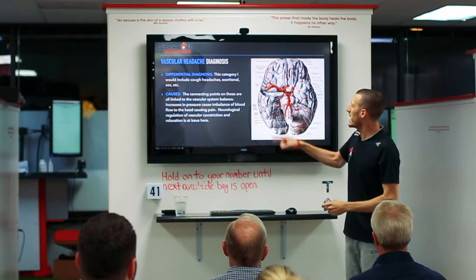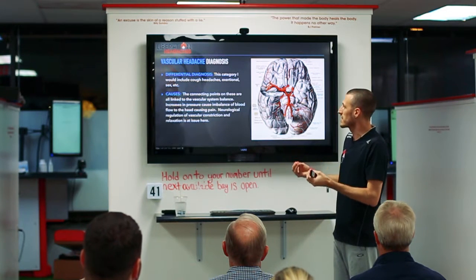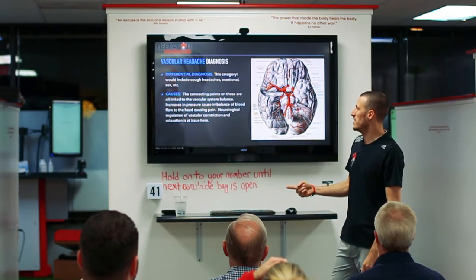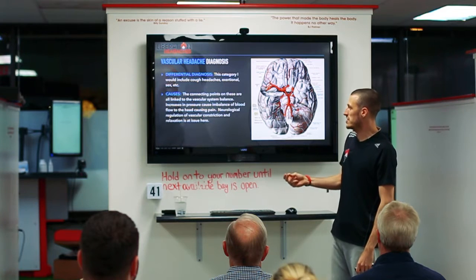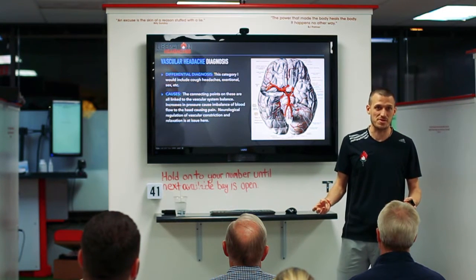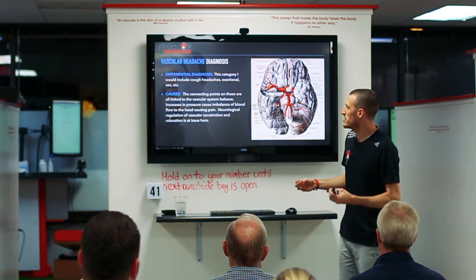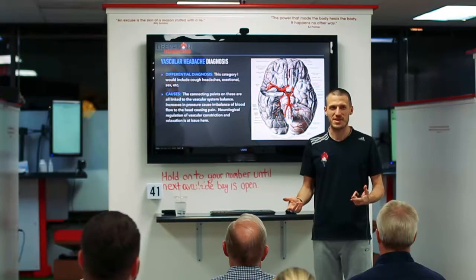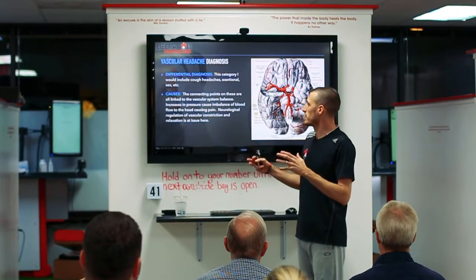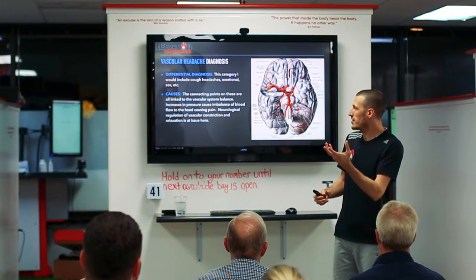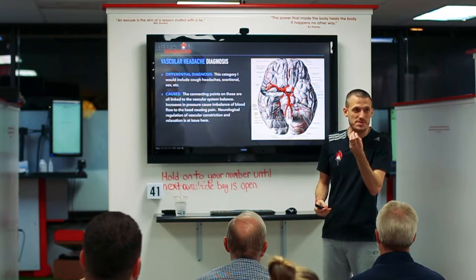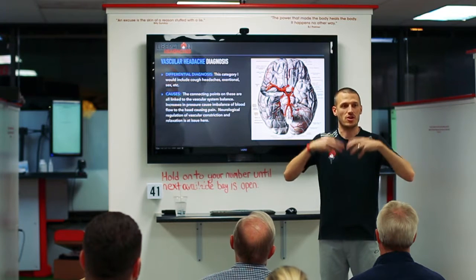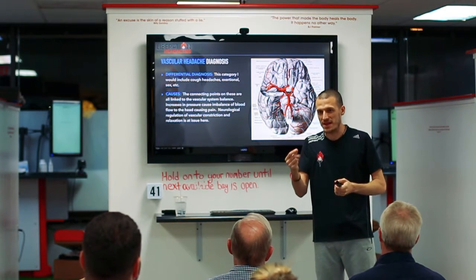But they all go back to the same thing, that they're vascular connected. All connecting points on these are linked to the vascular system balance. Increases in pressure cause imbalance of blood flow to the head, causing pain. Or it can also be decreases in pressure, okay? But neurological regulation of vascular constriction and relaxation is the big issue here. Does that make sense? Okay. All right. So neurological regulation of vascular constriction, how your veins and blood vessels are collapsing and releasing, that's really the issue here. Why isn't your brain coordinating everything across the entire system on a millisecond function?